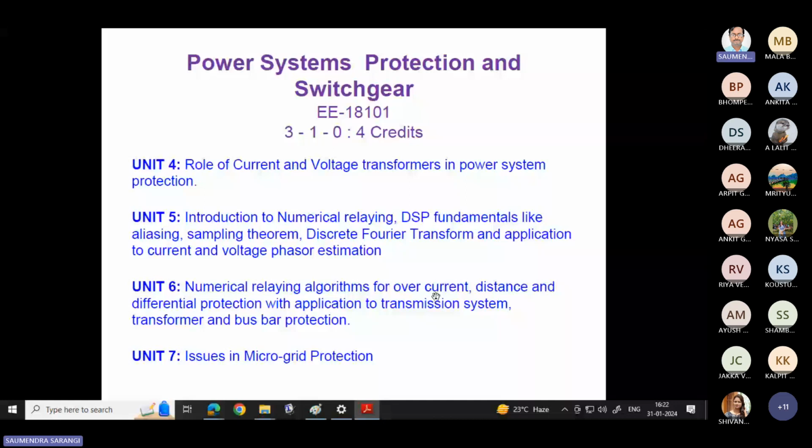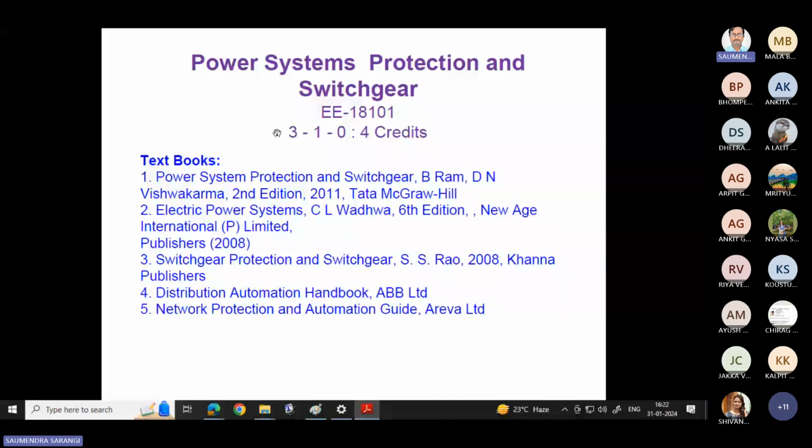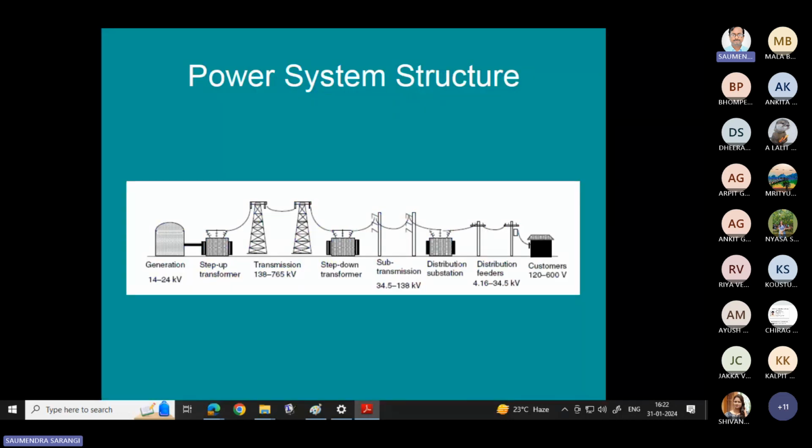So the first one is the book we will be utilizing. This book I have already shared in this MS Teams. You may go and see this book, and otherwise my slides and other material will be okay to read